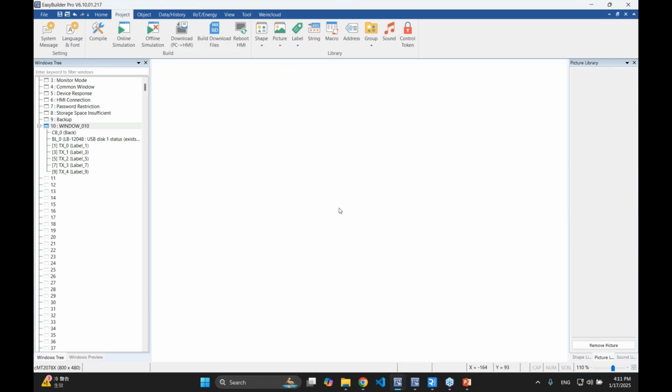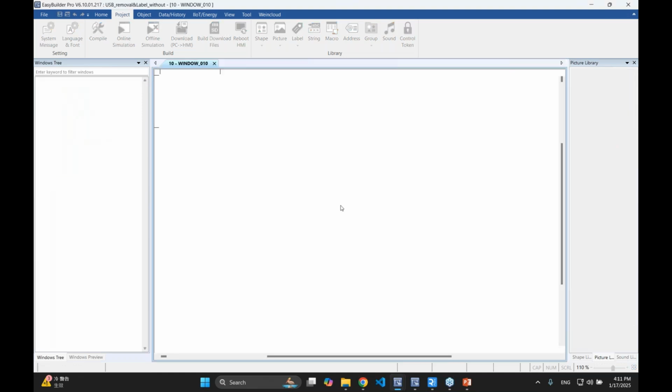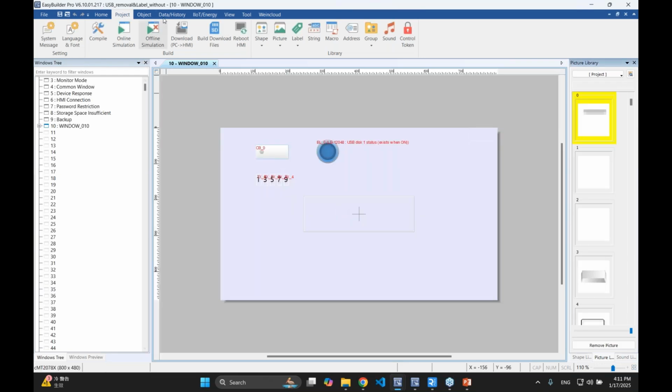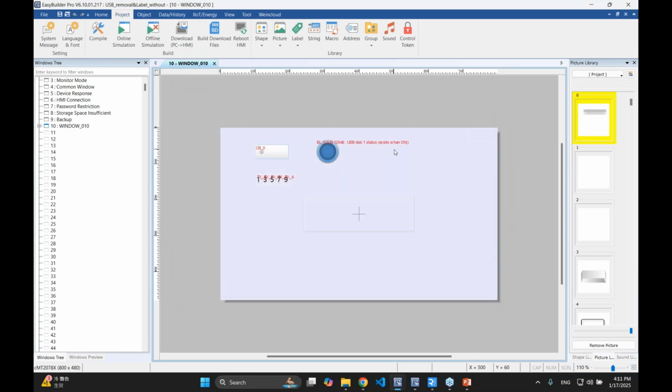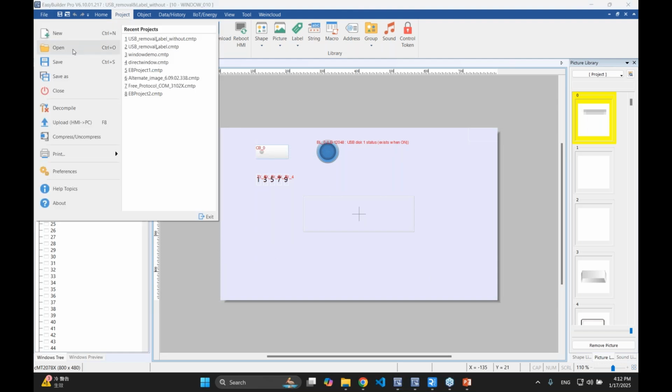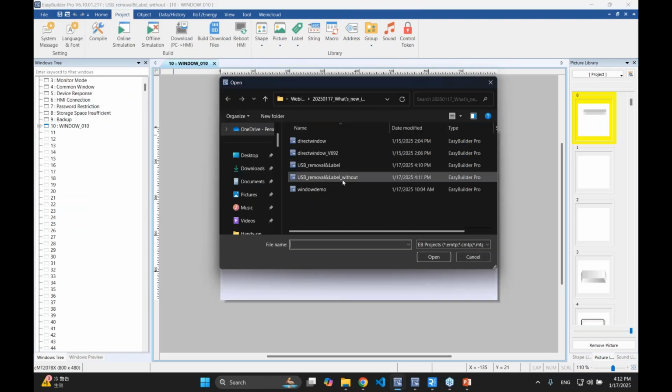So as you can see in the label tag library over here, we remain with only the used label tag libraries, the used text. So if I open it again,